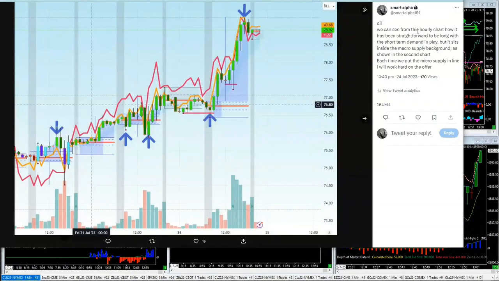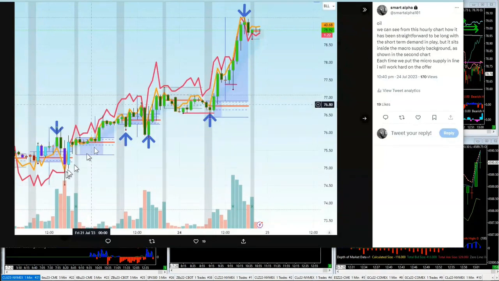We can see from this hourly chart how it's been straightforward to be long with the short-term demand in play. Short-term demand, red over orange, correct? Red over orange, short-term demand. So you're able to find those bottom line areas where the short-term demand is now tradable. Now, obviously, when it came into the top edge here,